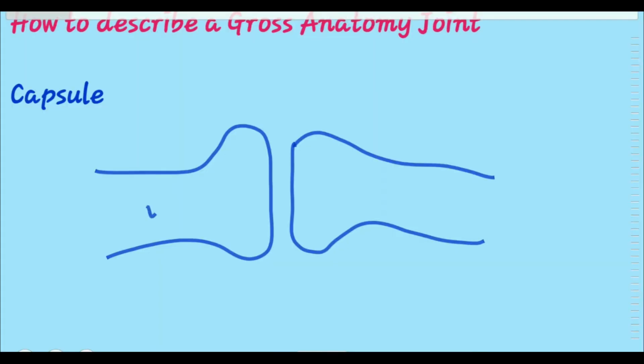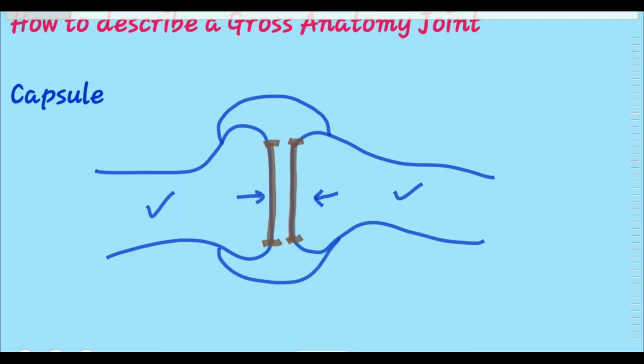Look here, we have two bones that make a contact, that is a joint. And for the sake of articulation, the actually in-contact surfaces, the articular surfaces, are lined by hyaline cartilage. Now what is the function of a capsule? You know that the function of the capsule is to convert this area into a cavity like this. Now this area is a closed cavity with the help of a capsule.